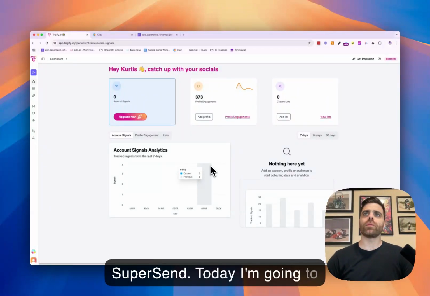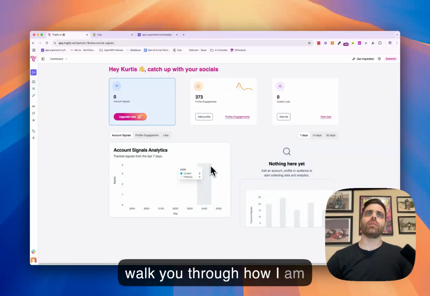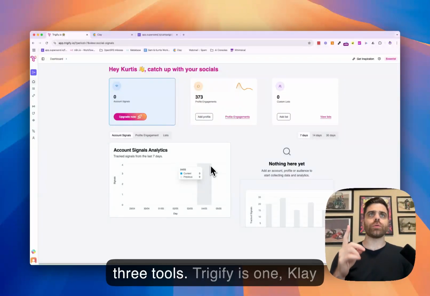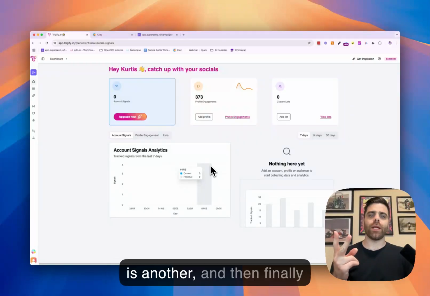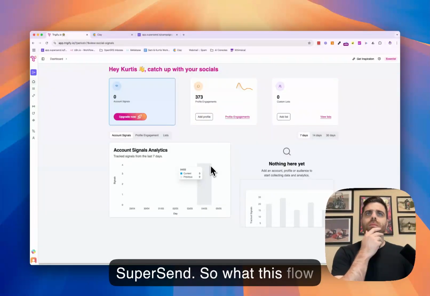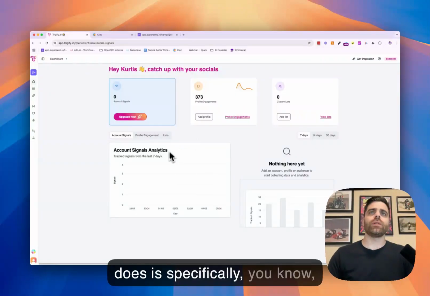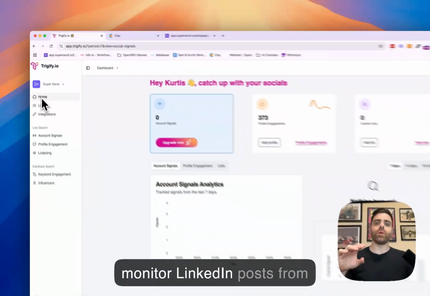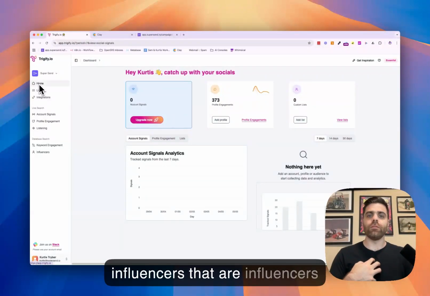Today I'm going to walk you through a workflow that involves three tools. Trigify is one, Clay is another, and then finally SuperSend. What this flow does specifically is monitor LinkedIn posts from influencers that are